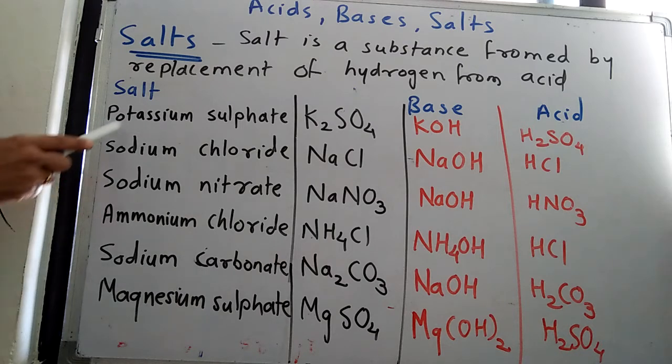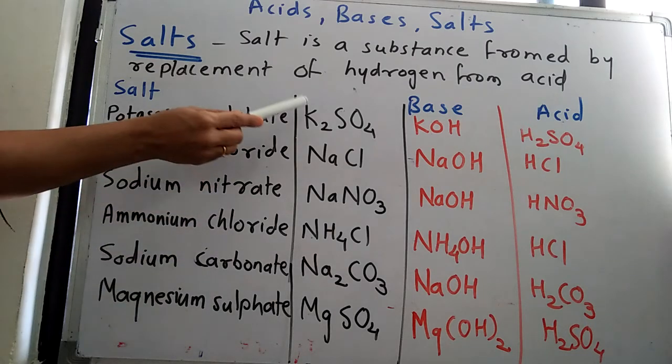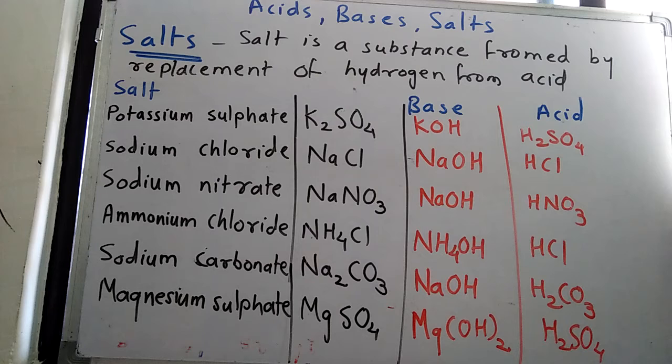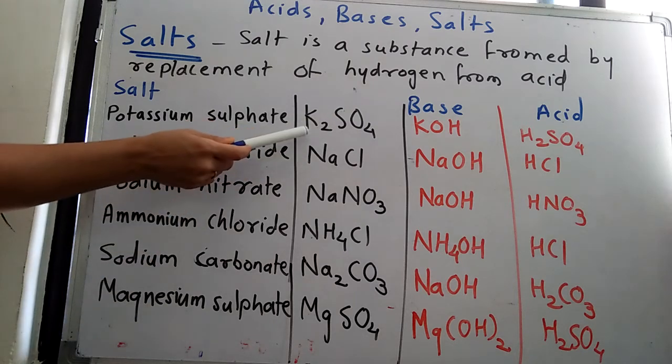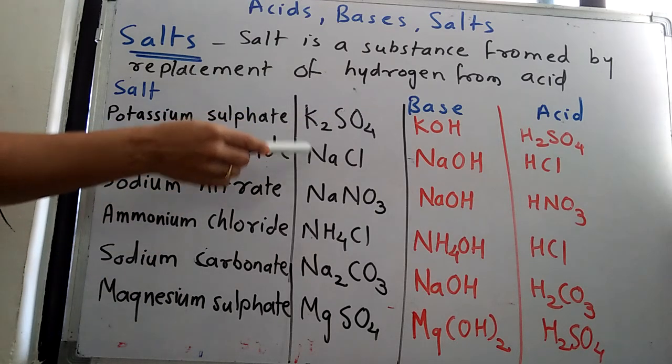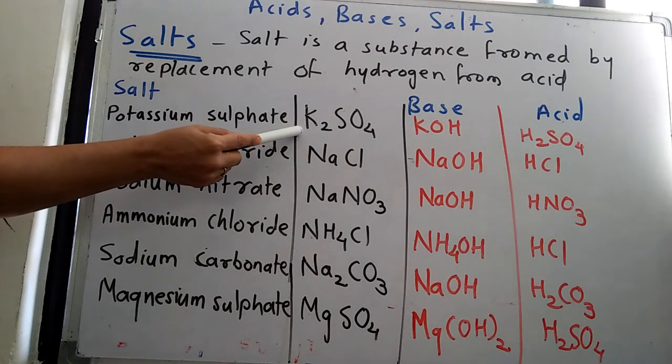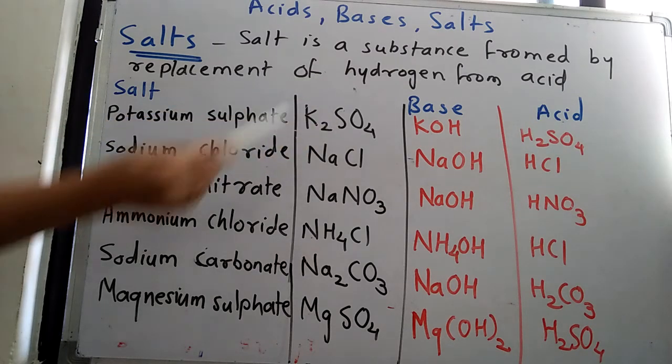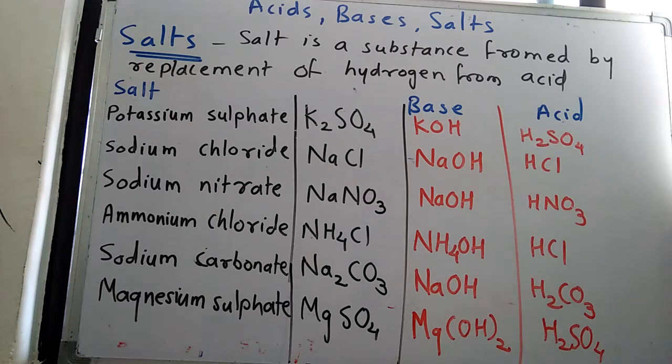is made. So suppose first of all here we have potassium sulfate, but we should know the formula of the salt. So the potassium sulfate formula is K2SO4. So we have to find out from which base and which acid this salt is made. For the first part of any salt, we have to attach OH. So here we have K2SO4, so we take K and attach OH. So it is made from the base KOH, that is potassium hydroxide, and SO4 is remaining. So we know SO4 is from which acid? It is a part of sulfuric acid, H2SO4.